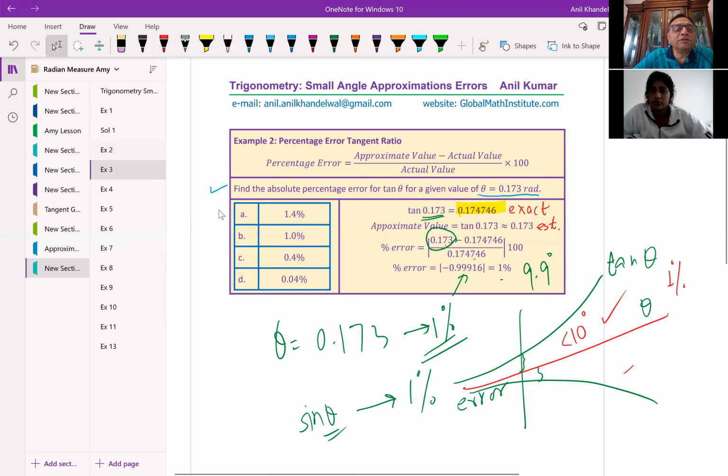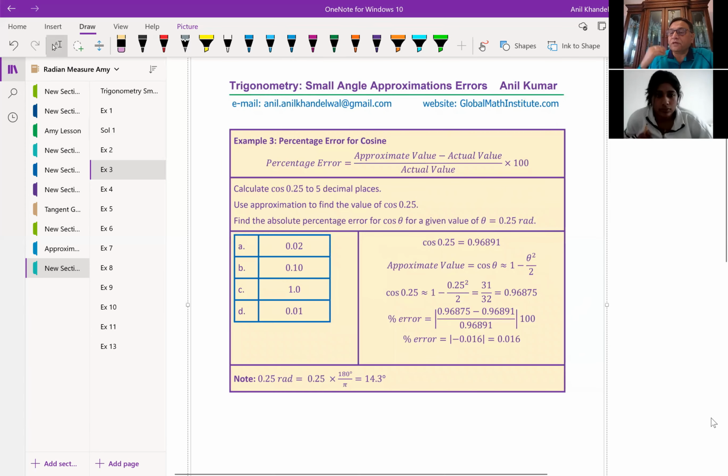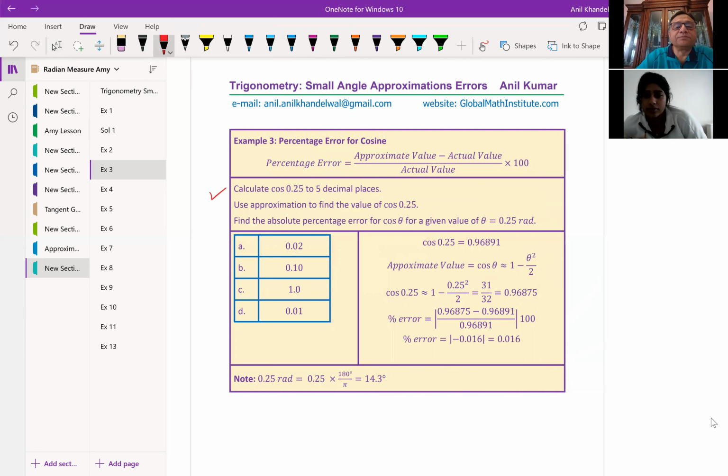Now let's look into the third example. From the examples, we are learning a lot more than what the example is saying. That's the whole idea, right? Can you please read this question? Calculate cos of 0.25 to 5 decimal places. Use approximation to find the value of cos of 0.25. And finally, find the absolute percentage error for cos theta for a given value of theta, which equals 0.25